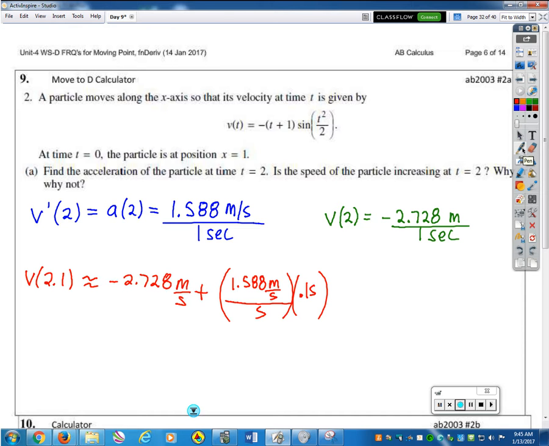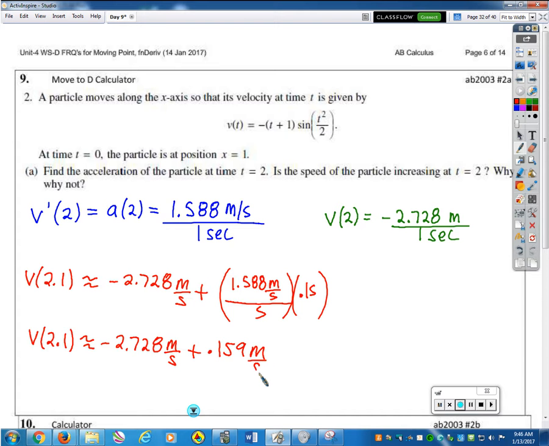So now my estimate for v of 2.1 is this number, meters per second, plus, if you multiply this by 0.1, somebody pick up the 3 tickets and tell me what you get. 0.159